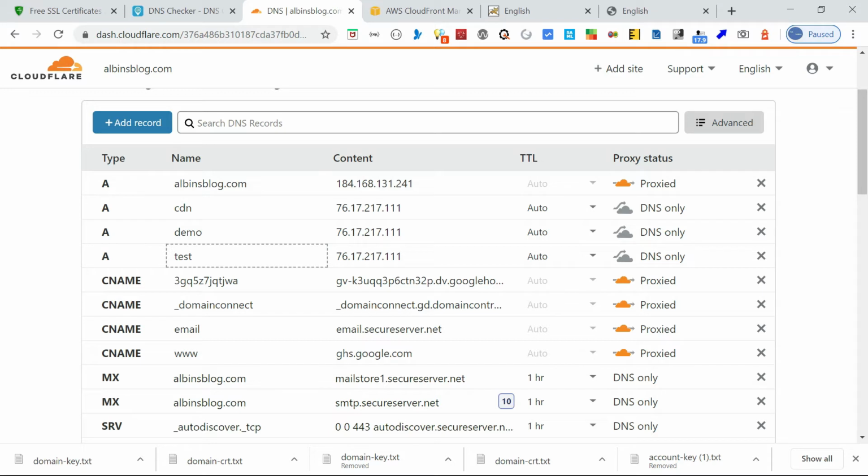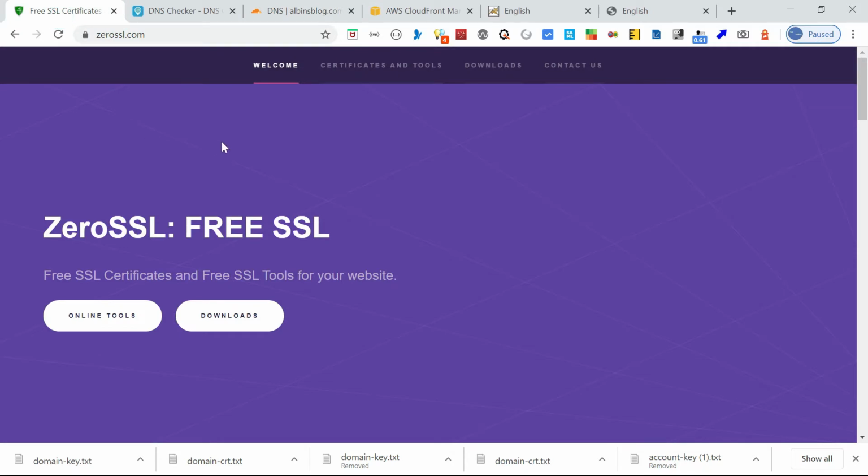I am going to create a Let's Encrypt certificate. For that I am going to access 0ssl.com. You have an online tool and downloads. The online tool can't be used here as the default CSR key size generated by the tool is 4096 bits, but AWS won't support a certificate with key size 4096. The certificate can be imported without any issue, but it will not be available for selection in CloudFront; the certificate selection option will be disabled. The certificate should be generated with key size 2048 bits.